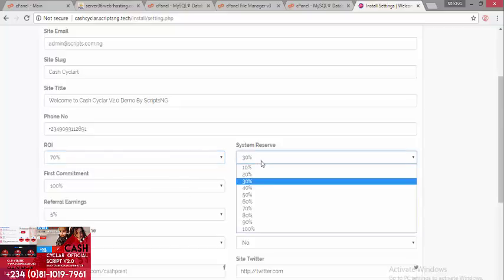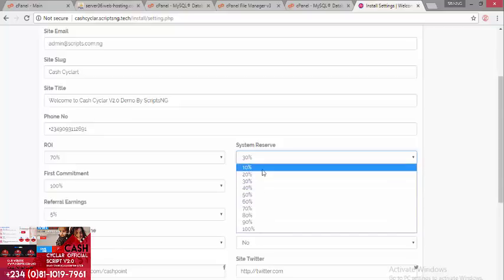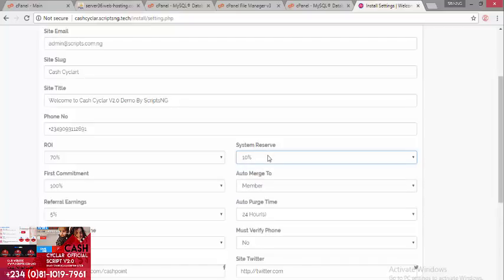Now here's the system reserve. This is in a bid to make sure that the admin gets money without looking for other dubious ways of getting money via the script. Once the system reserve is set, for example, if I set the system reserve at 10%, that means out of that 170k the user is to get, 10% of the 170k gets reserved in the system, and as such the admin is able to withdraw that amount. That's 17k for 170k, if my mathematics is right.